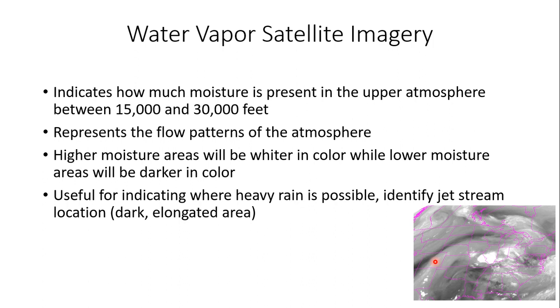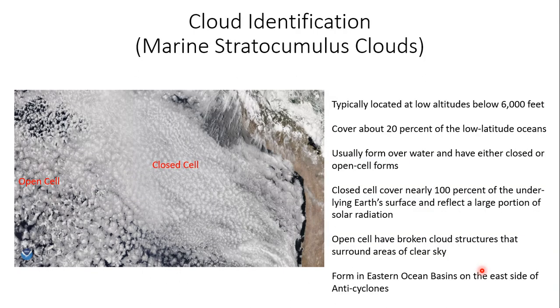So if I'm looking at this image in the bottom right here, this dark area that extends from southeastern Utah up through western Colorado, northwestern Nebraska, into South Dakota and Minnesota, this is some sort of jet stream right here. See how elongated, or stretched out, that dark area is? Meanwhile, over southern Illinois and southeastern Missouri, there's a lot of moisture present in the atmosphere. So this may be a summer day, and this might be associated with thunderstorms over southern Illinois and southeastern Missouri. So you notice the contrast in the colors on a water vapor image. All right, so now let's go